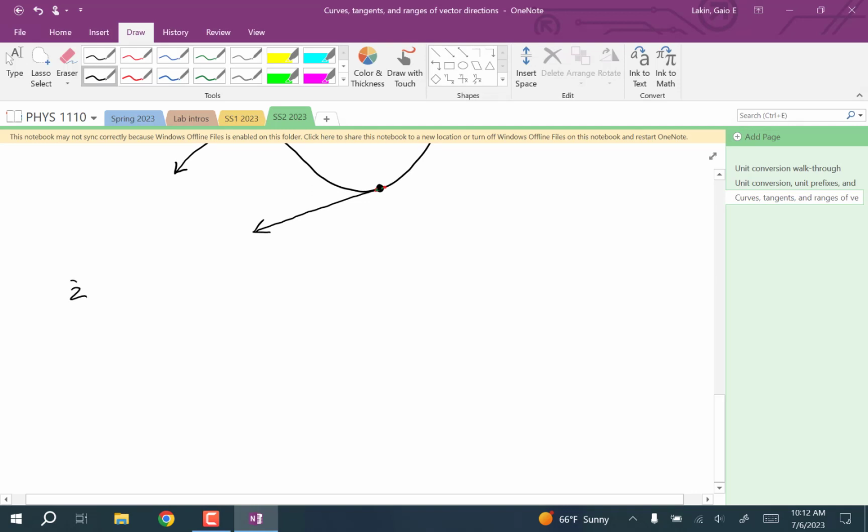Then the second category of things you're going to be doing in this lab activity is coming up with a range of directions between two given vectors. So let's say our two vectors are this way and this way. And for now, we don't care about the lengths of those vectors. We only care about the directions. So what's the range of directions in between those two? In order to do that,